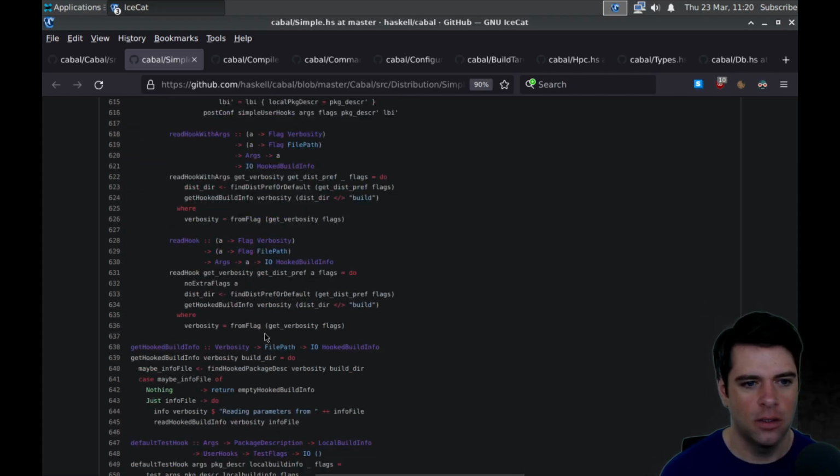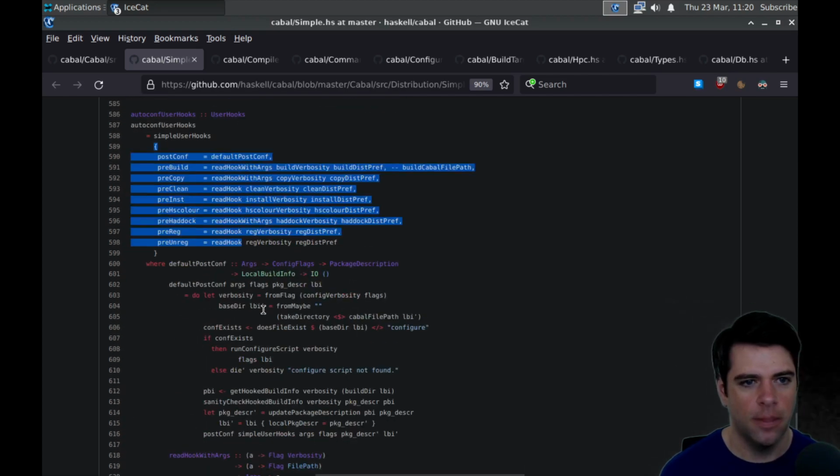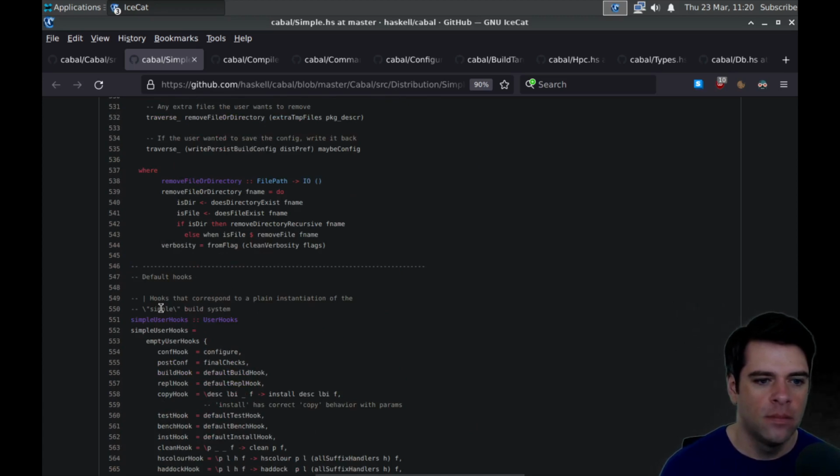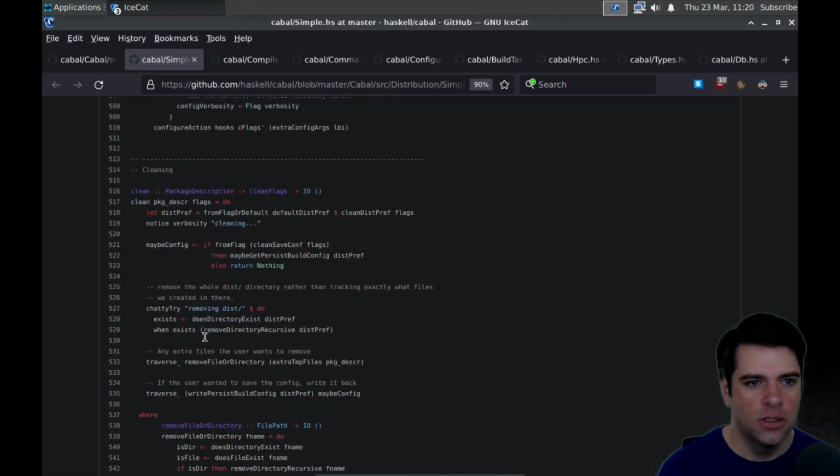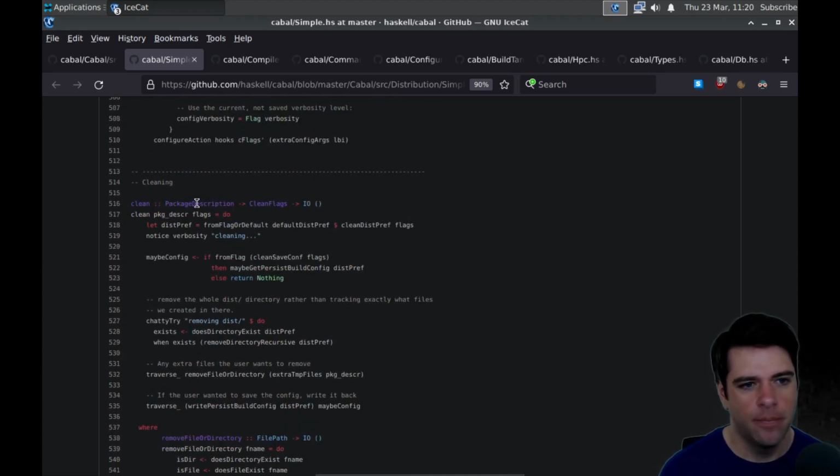And yeah, okay. Simple user hooks, package this clean. Yeah, all right. Cleaning takes a package description and some clean flags and does an IO operation. And given package description and flags, we're going to get the dist preference somehow.